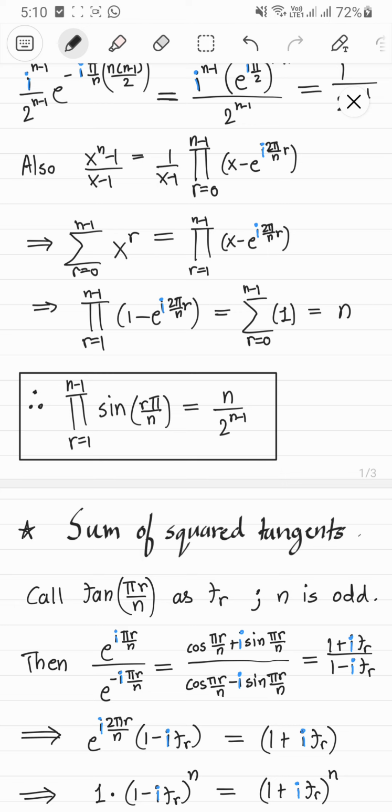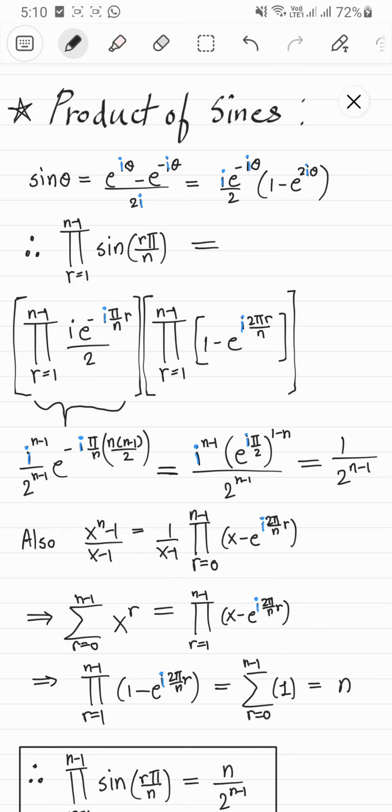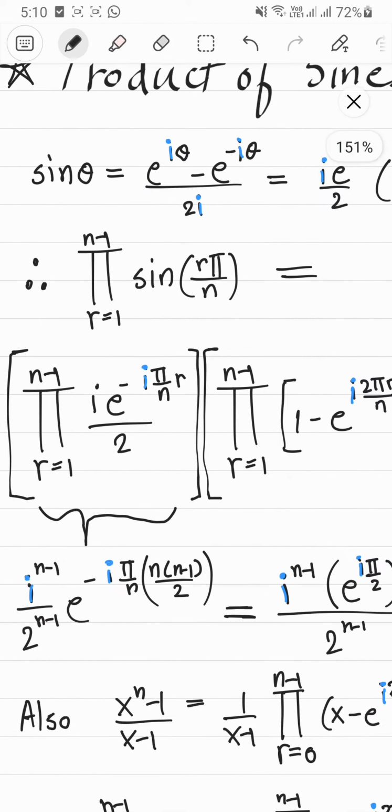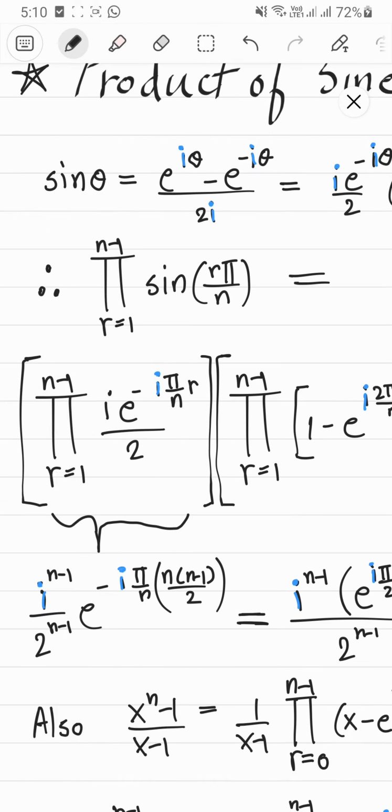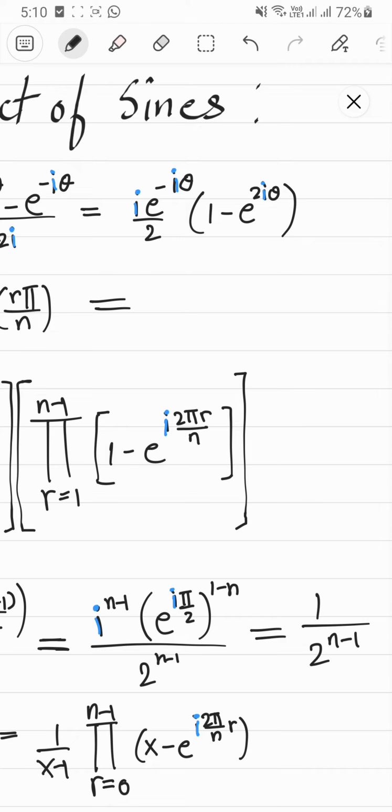First of all, read those and get familiar with those, because yes, it will involve a lot of that. So we can write sine theta as e to the power i theta minus e to the power negative i theta upon 2i, which can be written as i e to the power negative i theta upon 2 into 1 minus e to the power 2i theta. So it's just basic algebra right now. Then this product can be written like this. So the first thing is outside of the bracket, and then the thing inside the bracket,